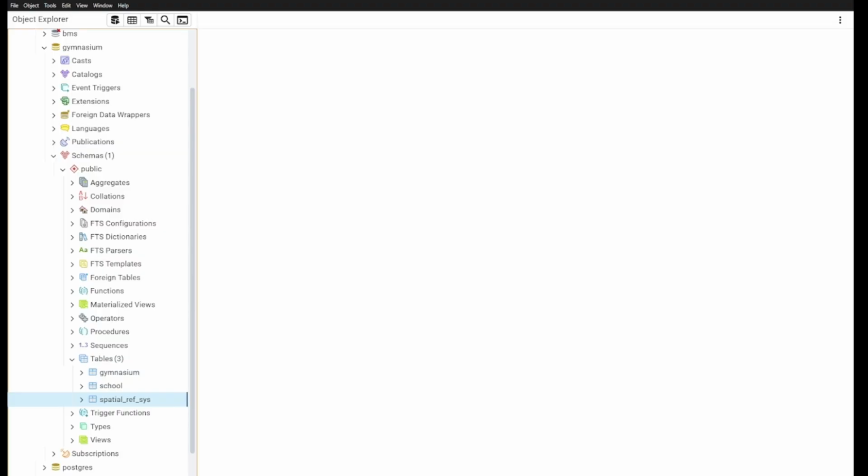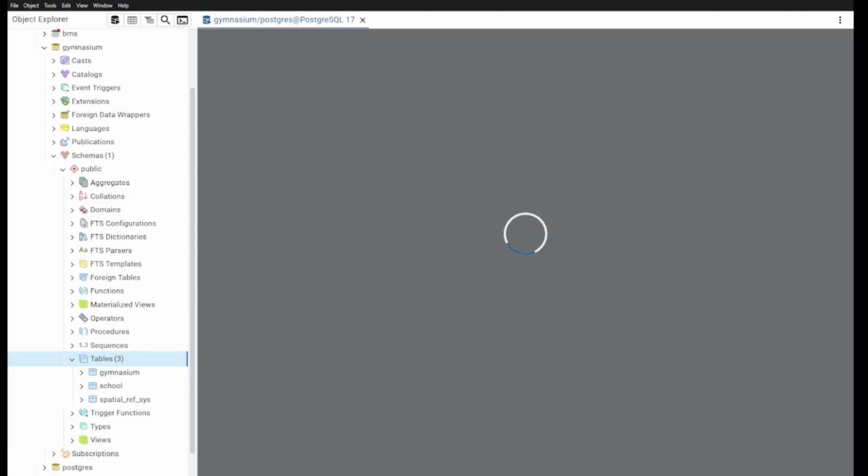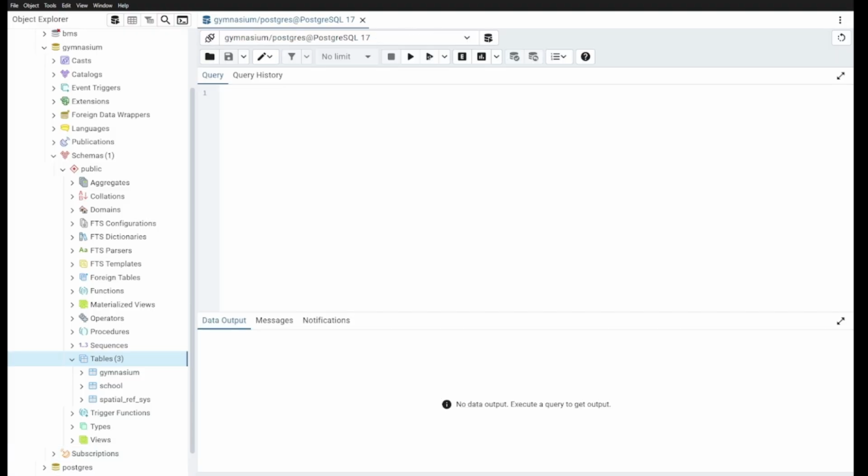Okay, so today we're going to be looking at the data in the tables. We're going to be continuing with the gymnasium project, and today we're going to be going through the data that's there in the tables. So here I have gymnasium, the database, and then we have two tables here, gymnasium and school. What we'll start with doing is basically select everything from both. So select everything from